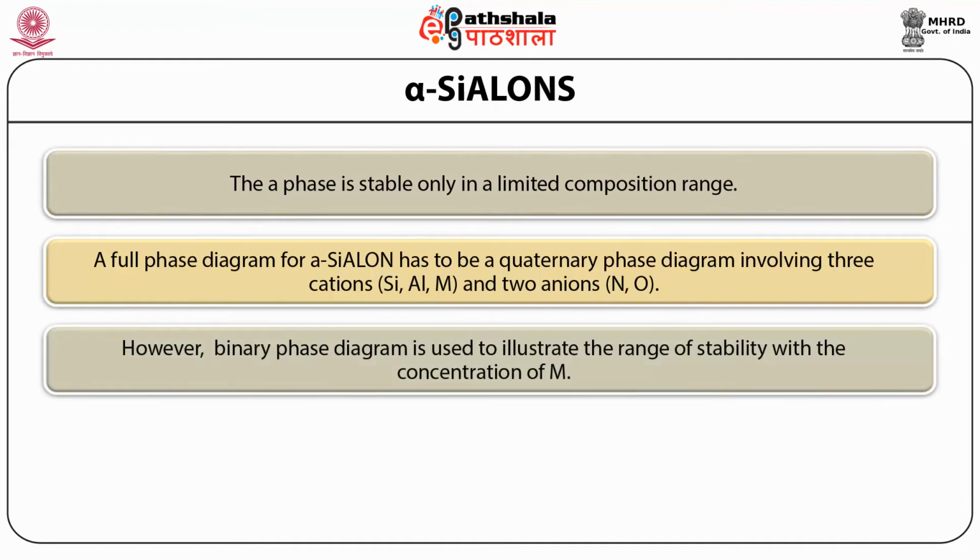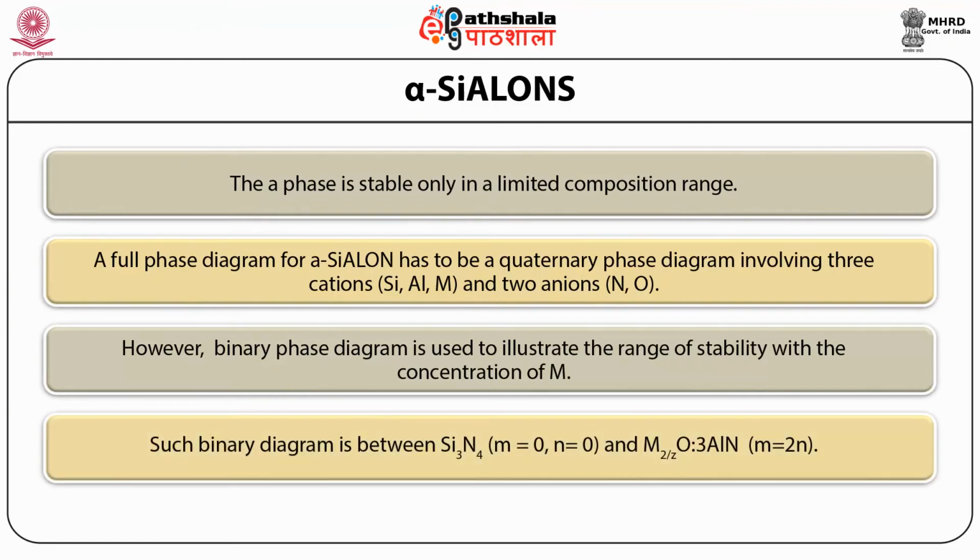However, a binary phase diagram may be used to illustrate the range of stability with the concentration of M. Such a binary diagram is between silicon nitride, Si3N4, for which m is 0 and n is 0, and M(2/z)O.3AlN, aluminium nitride, where m is equal to 2n, which is shown in the figure